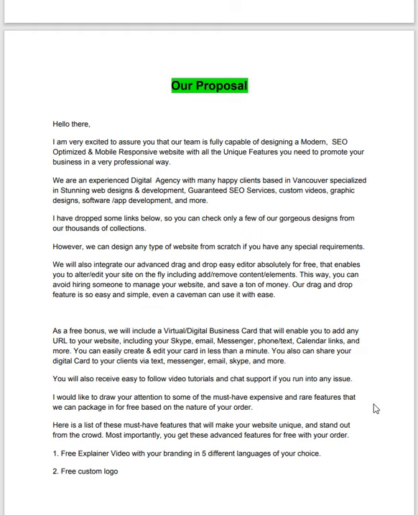I mentioned that word development because design means you just use an existing template that you have purchased or you own. When you say development, that means if we have to build a website that has a special script that we have to custom create, yes, we can create that. We can develop a brand new website from scratch, including brand new script or coding. Okay.